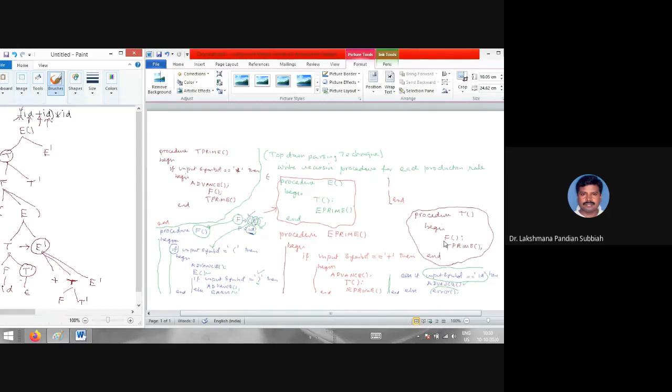Can you see the mouse move point? So this is the T, right? T is F T dash, correct? Now we are calling that F. This is the current position, right?